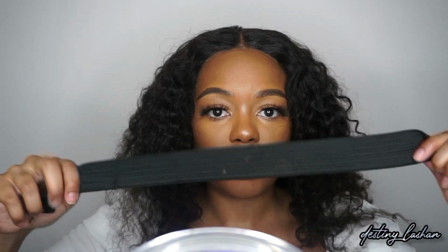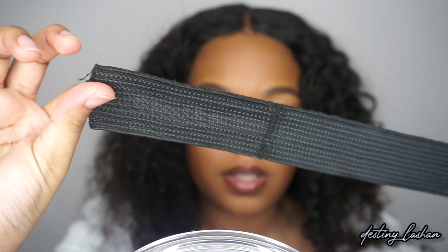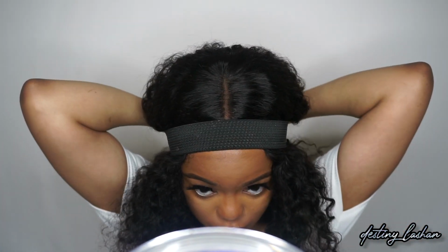So I gotta use this bigger elastic band I got. I don't like using it because it got these little things on them. Can y'all see? It got little lines on them and it put lines on my face. But the smaller one is just too short. Okay, so...